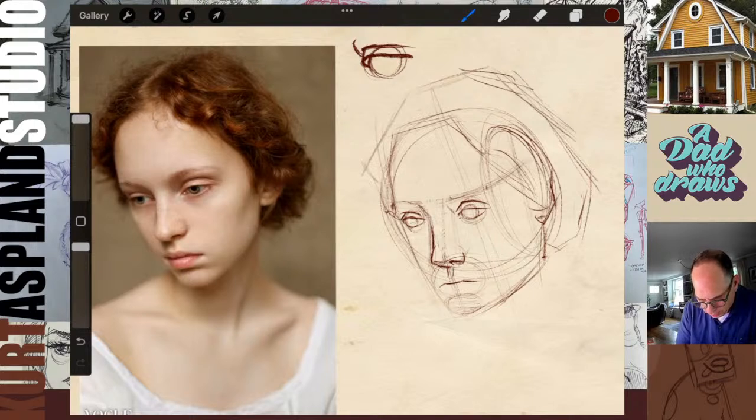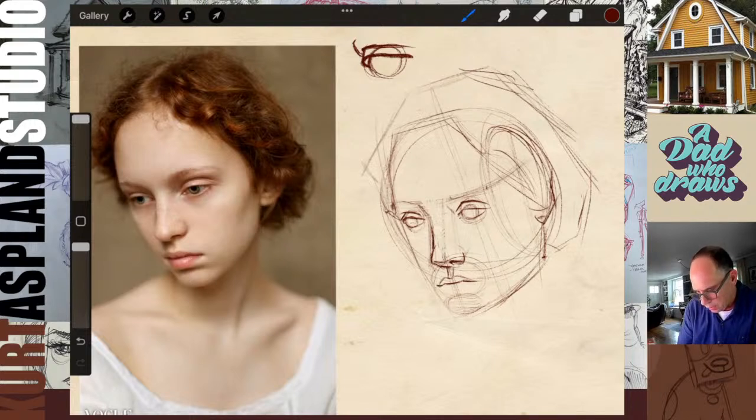Now I'm going to get the top lip. It's going to have a little bit of a curve there. And this actually, look at this, I drew this wrong here.